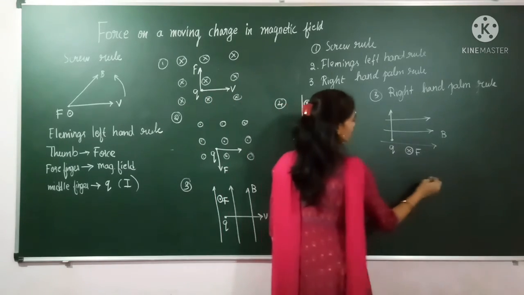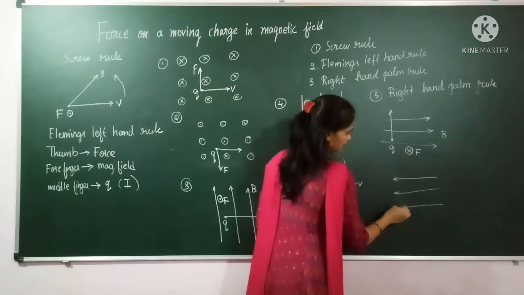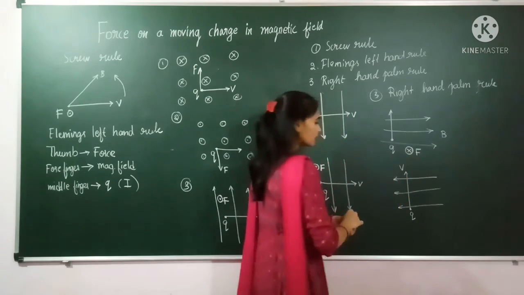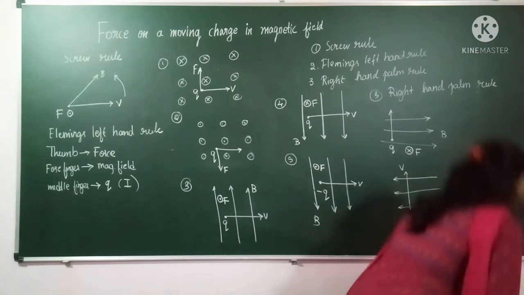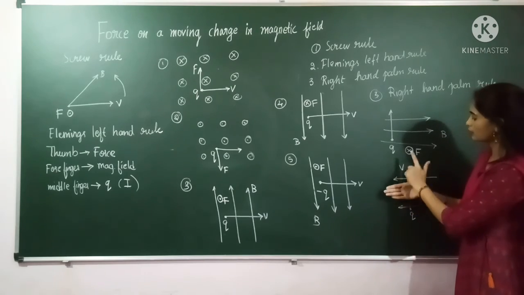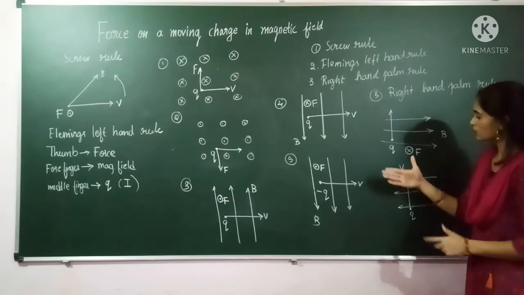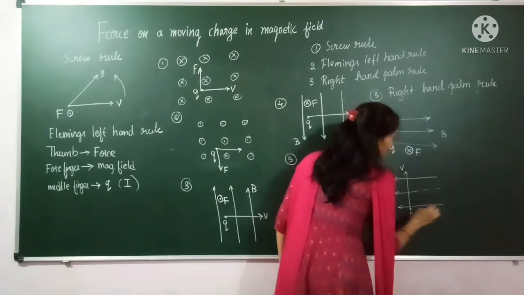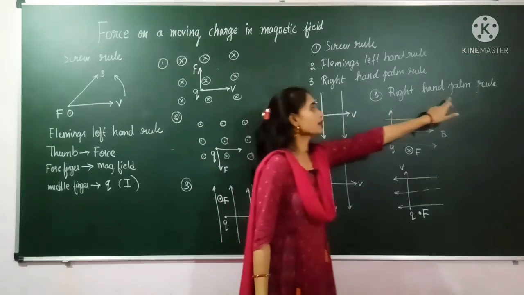Similarly, if you take the magnetic field reversed, then this is the direction of the charge. Then again place the fingers in the direction of magnetic field and the thumb in the direction of the current. Where the palm is showing, the palm is outward. So an outward quantity can be represented by the dot. So here the force is outward. So like this you can determine the direction using the right hand palm rule.